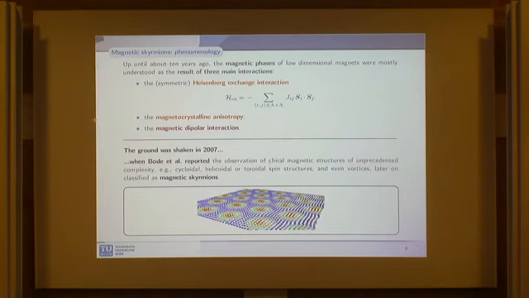But then it happens that in a work by Bode, this group reported the observation of textures which were unusual. And the formation of these textures, because if you see them experimentally they are stable, could not be explained by just considering these three main contributions. So they link this to some previous observation of Dzyaloshinskii-Moriya that they proposed.